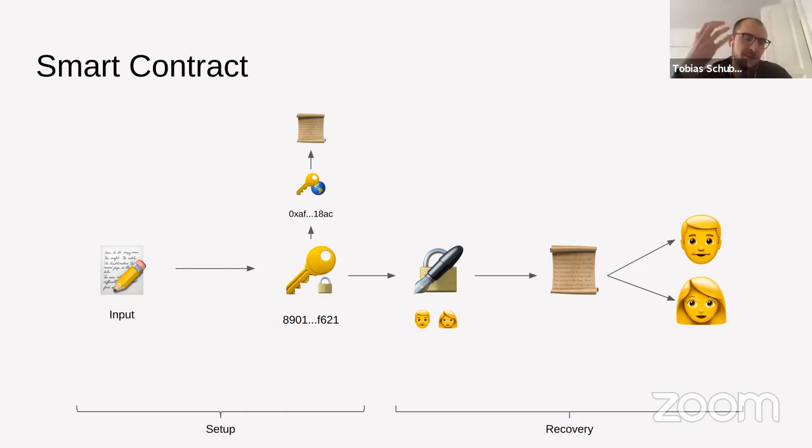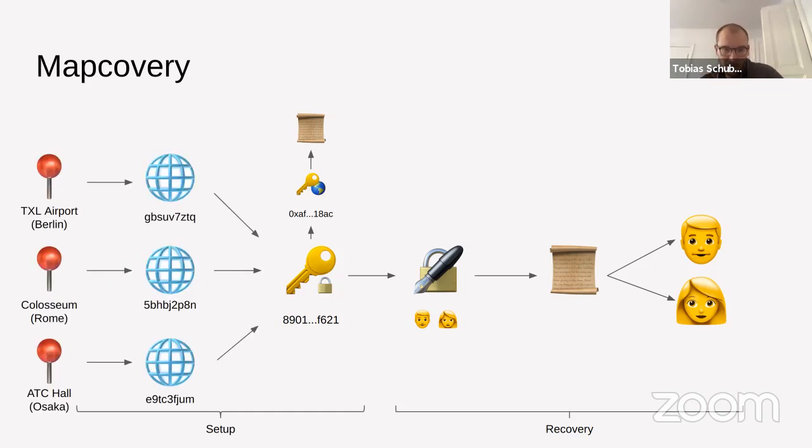When you set it up, again, 5 locations, they produce a private key. This private key belongs to an address. We store in a smart contract that only this address can recover. If you would like to recover, you need these 5 locations. We derive a private key from these 5 locations, which is used to sign a message, and then the recovery module recovers the address that signed the message, and then we can be sure that only the allowed 5 locations can be used to replace owners. And that's pretty much it.